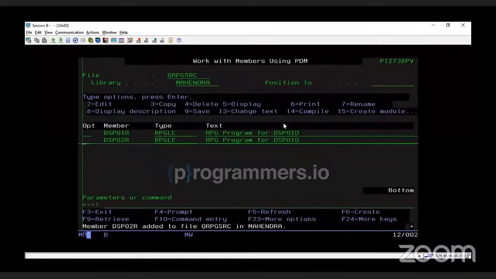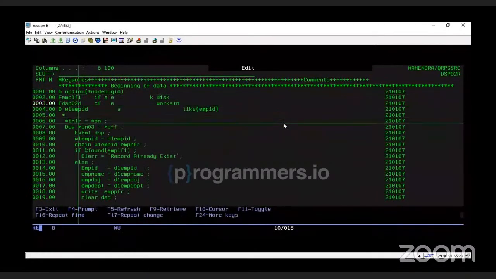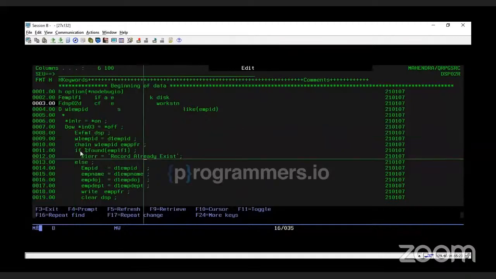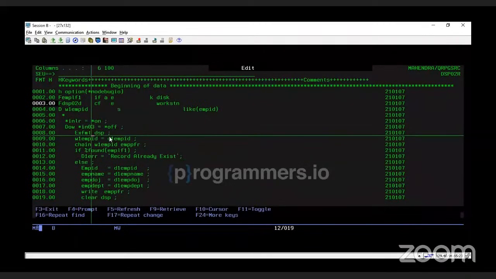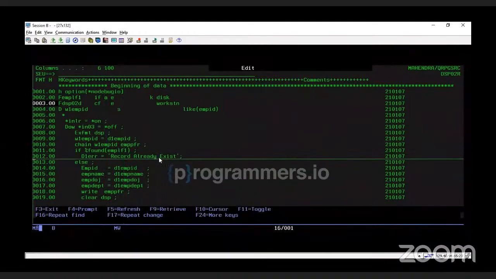You can copy the source, rename the screen. Initially this line will display the screen. We will insert the value into this field, EMPID, then we move into this one, we check if found, that means the record exists. So what we can do here, if record found, in that case we can,